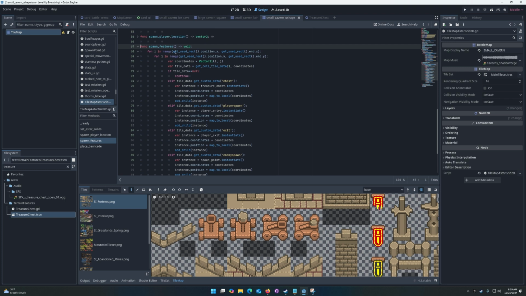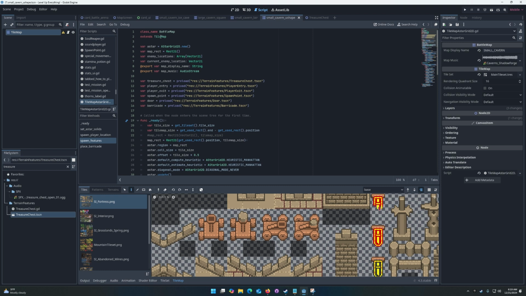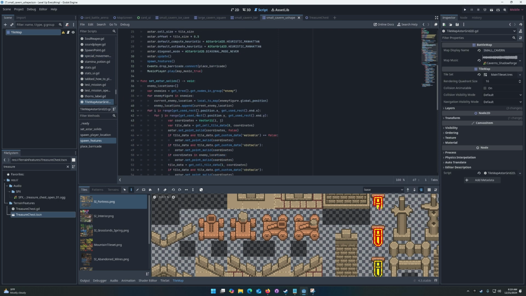For i in range, get used rect position x, get used rect end x. So what does this mean? Remember, this is code that will only work in something that extends a TileMap, or I'm sure a TileMapLayer in the new code. Extending the TileMap is important. You couldn't just put this code in a Node2D and expect it to work, because it wants to pull